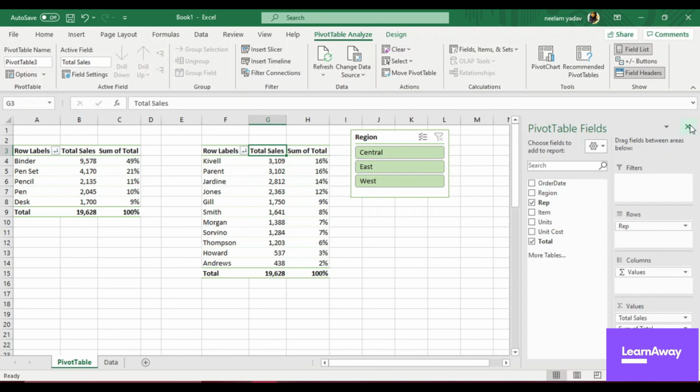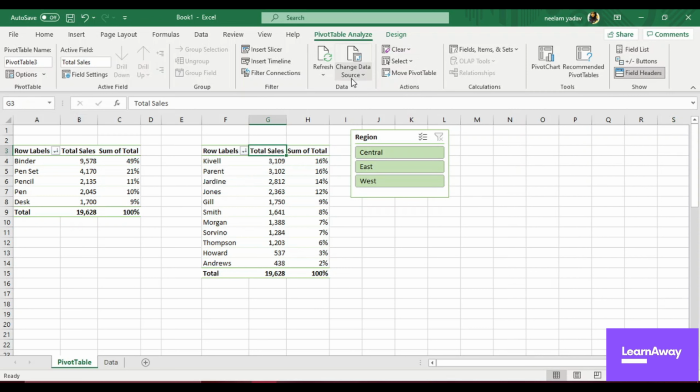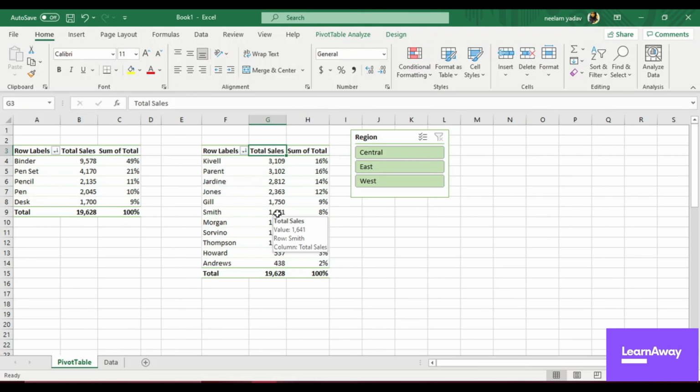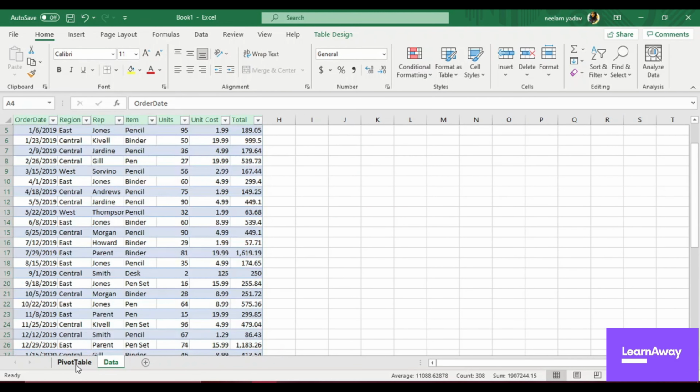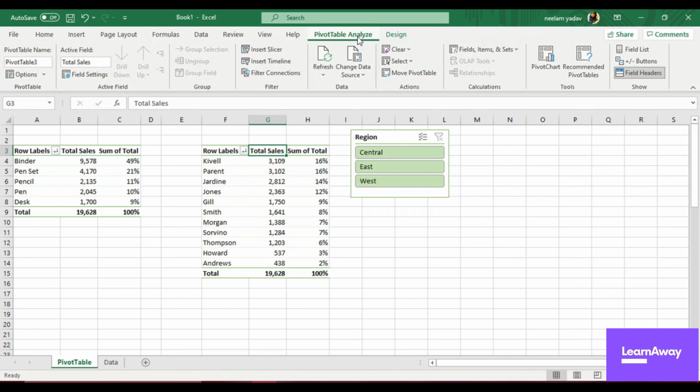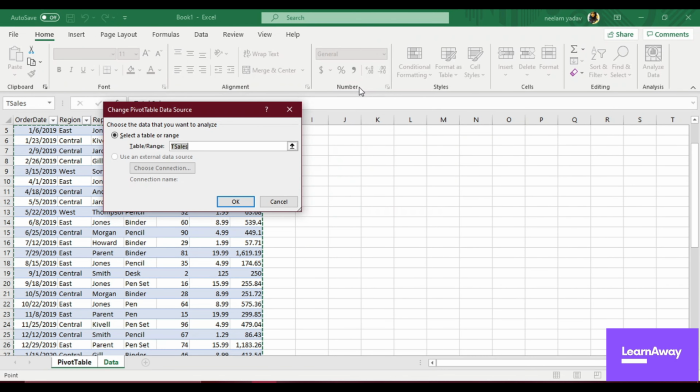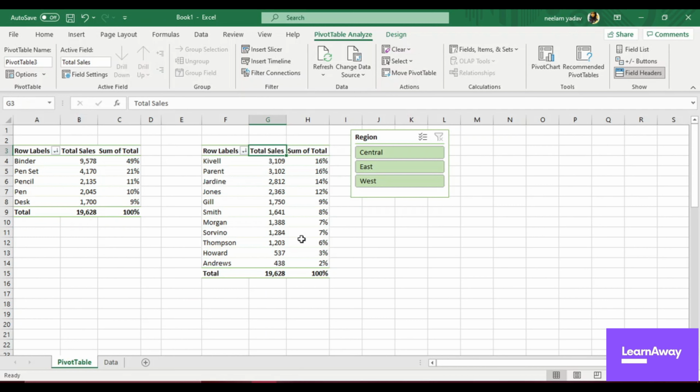And after making the entire connection, if you have your data somewhere else, like if you want to connect it to SQL or something else, then you can click on change data source, click select this, you can change the range. Say if you forgot to make your data set into a table, and after making the entire pivot table you want to change that thing, so what you can do is go to data, create a table, and then here in the pivot table analyze you can click on change data source. So if you click on that, it will ask to give you a range again. So either you can give the range, or you can just type the table name here, and the connection would be established with that, so that won't be a issue.